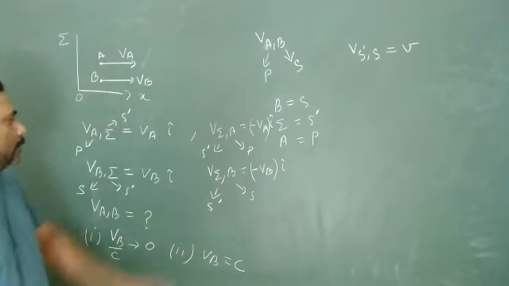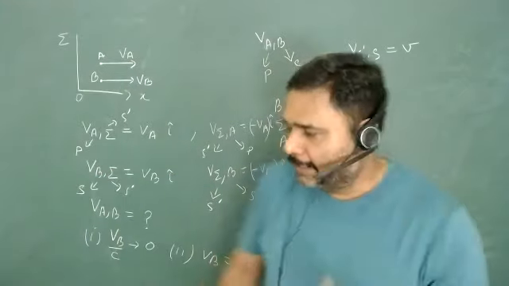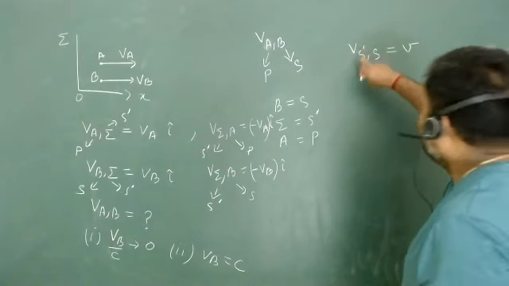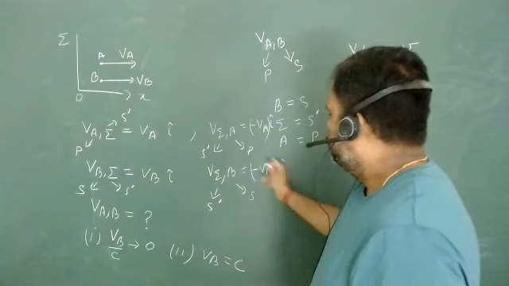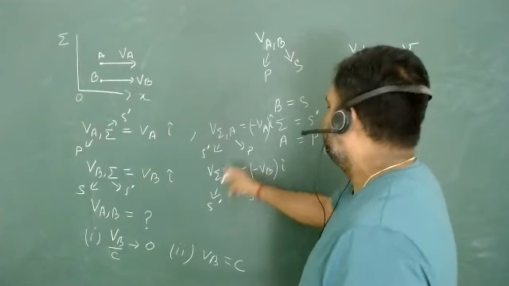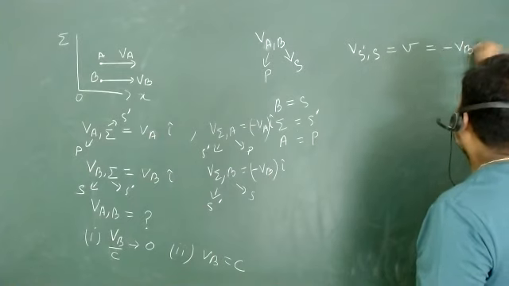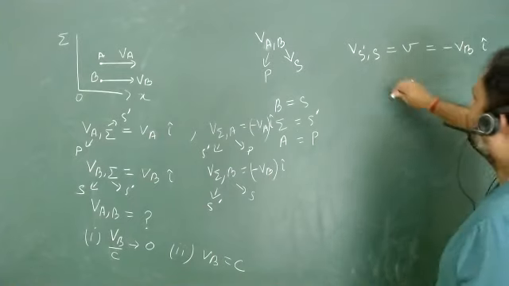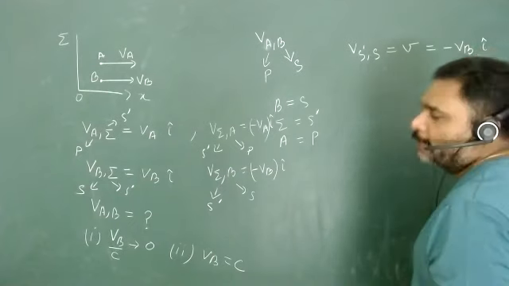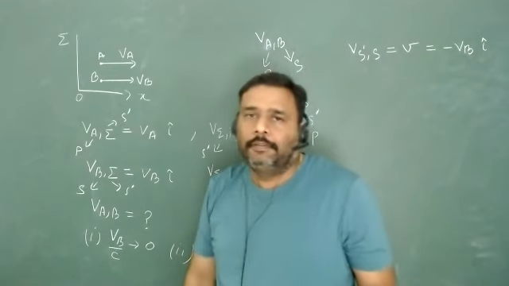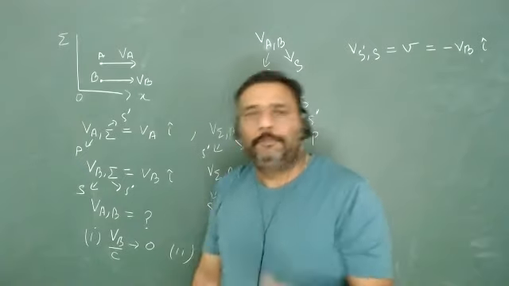Okay, great. So I have given all these notation on this problem and then we have to first decode what is velocity of S dash with respect to S. Which one? This one? Exactly. So this value is nothing but minus VB in I cap direction. And this will tell me which Lorentz transformation we are going to use. Isn't it? This will only tell you which Lorentz transformation you have to use.